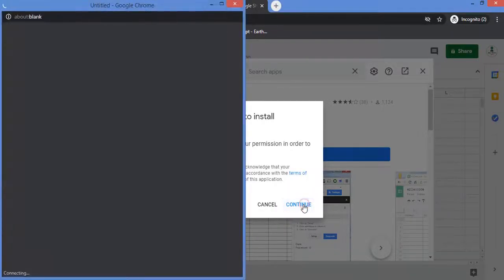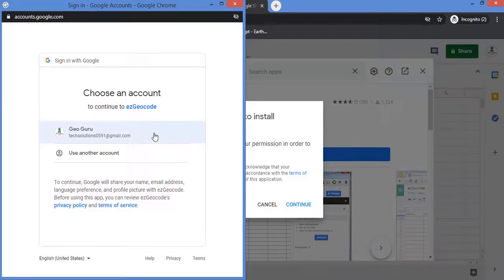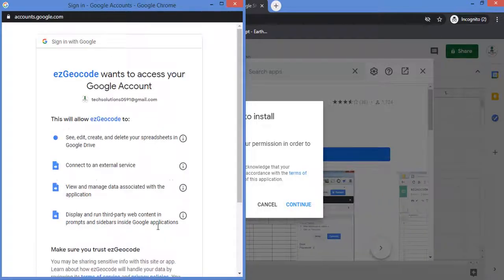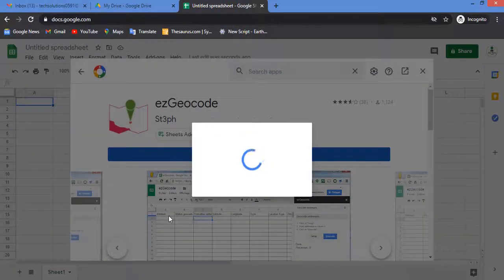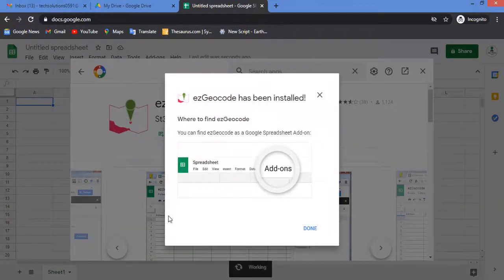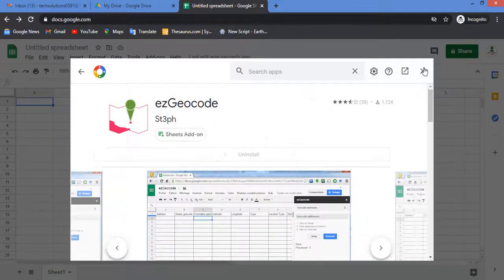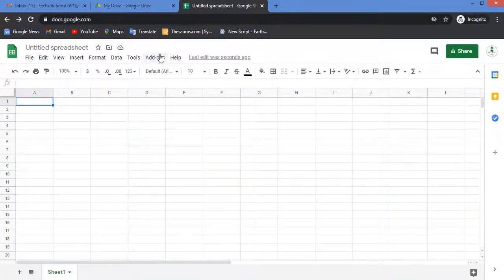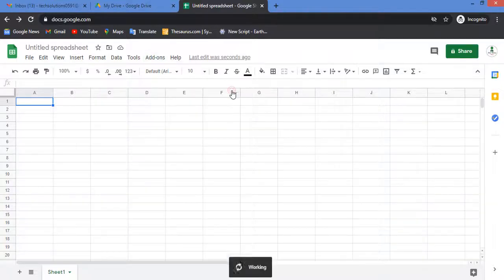It will ask for permission. I think it has been installed successfully. I can check. Yes, it is installed successfully. So we'll go to Add-ons, EZ Geocode, and click on Open.